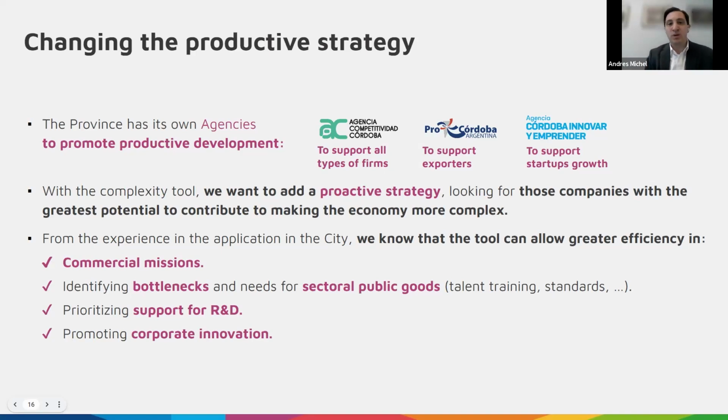The complexity tool, with this tool, we want to introduce a new approach. We want to go to a proactive strategy, looking to those companies with greater potential to contribute to making the economy more complex. For example, like Paula's mentioning, where we want to reach out to the companies, enabling us to achieve two important